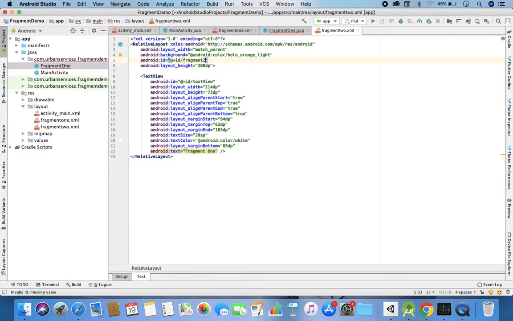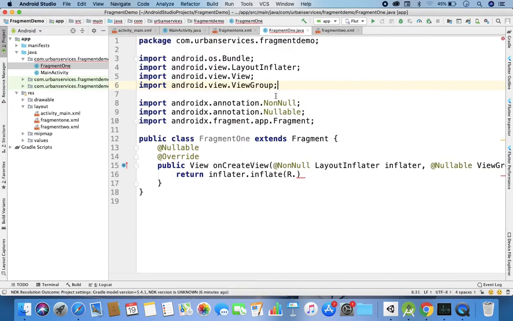So fragment 2, these two IDs. Now I'm coming back to this one. This is my Fragment1.java, and there I would have a layout as inflater.inflate R dot